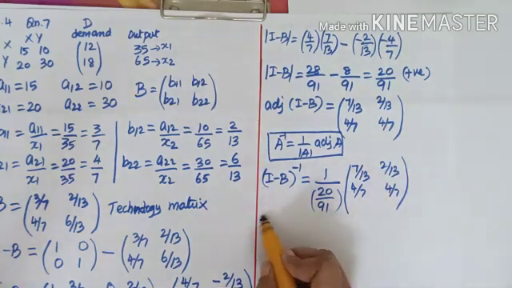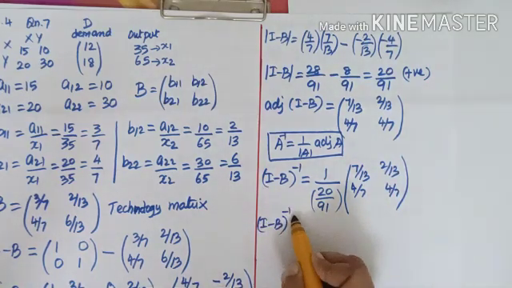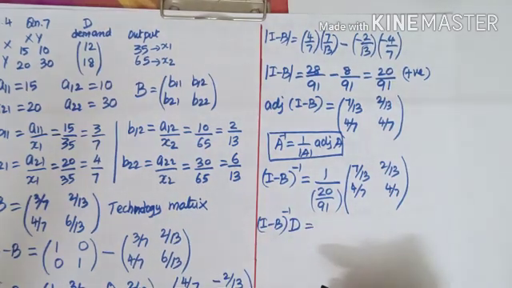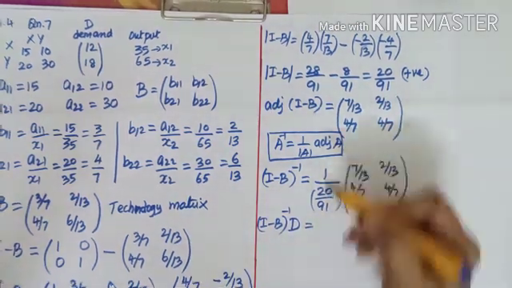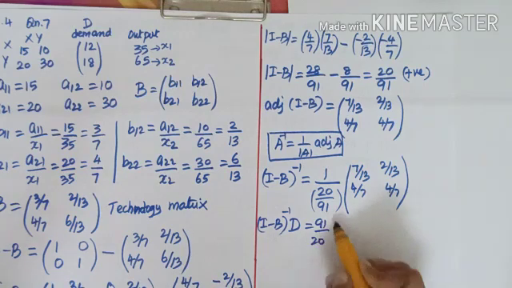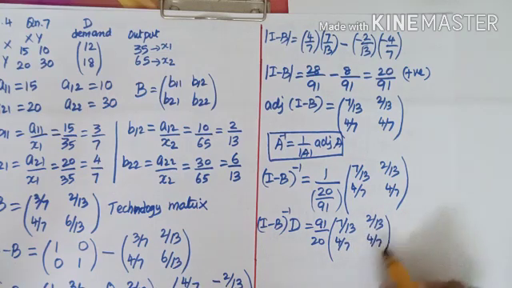I need to multiply this with D to get X. So 20 by 91 reciprocate 91 by 20 into 7 by 13, 2 by 13, 4 by 7 into the